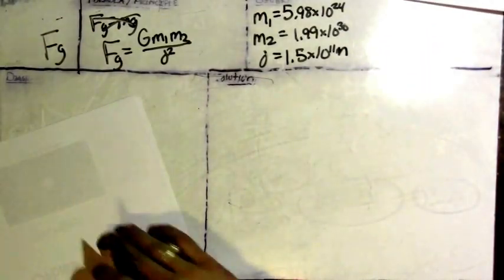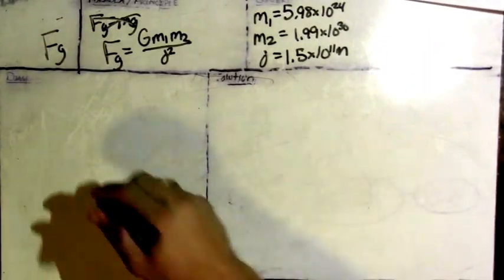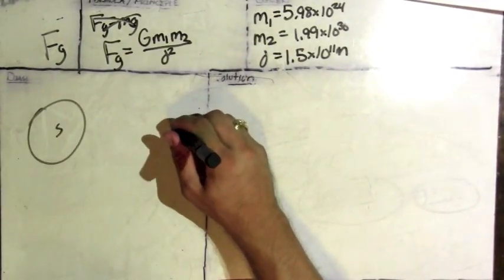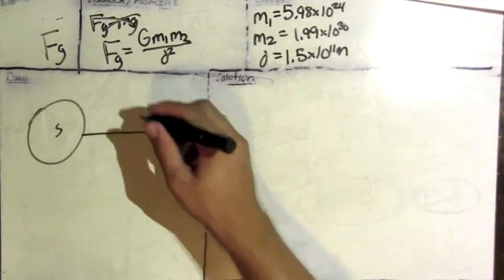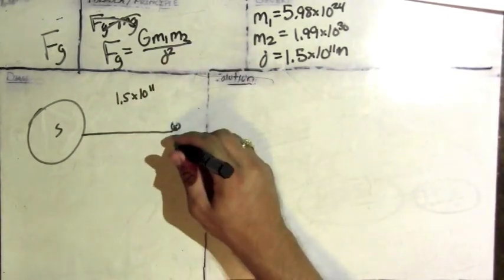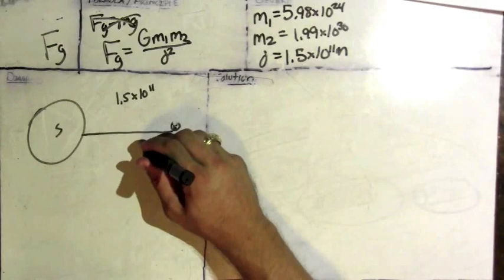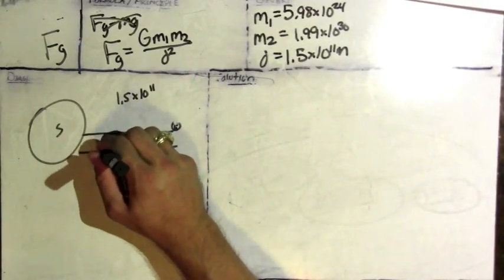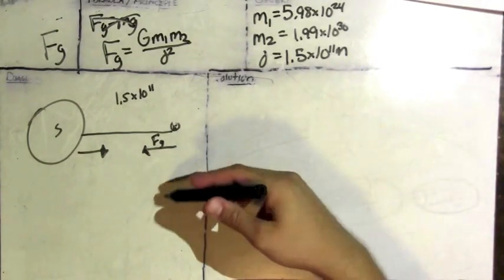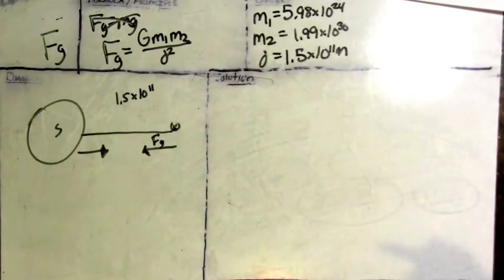Now, if we were to draw this out, we would see the Sun, which is very, very large, and the Earth, which is much, much smaller, with a distance of 1.5 times 10 to the 11th between them. You should realize that they are both attracted to each other with the same gravitational force, which is what we're trying to calculate. Now, the effect on the Earth is going to be much, much larger